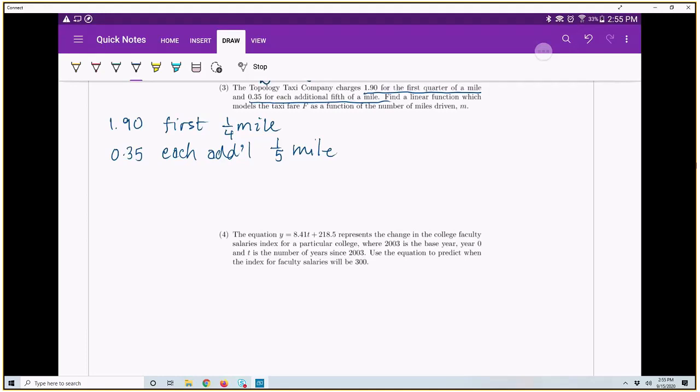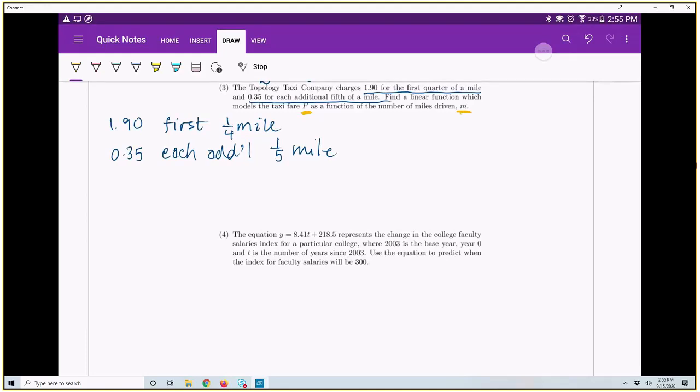We're going to use little m for miles. So I just want to point out here, let's not get confused because we've been using little m for slope, but in the context of this problem, little m is just the independent variable, so it's just like x, and capital F is going to be our dependent variable, so it's just like y. Okay, so how can we use the information given to write f as a function of m? Well,